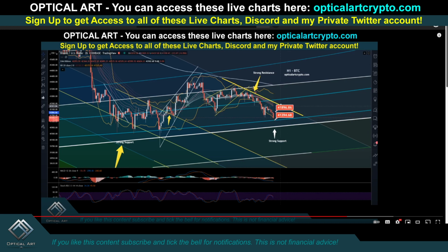If we push up, resistance to watch right here. I don't believe we're going to get above this point. I'll show you some other charts in confluence with this. The 42,474 is your next very strong resistance. So I told you this blue ring, 41,394, would be a point to long, and a point to short would